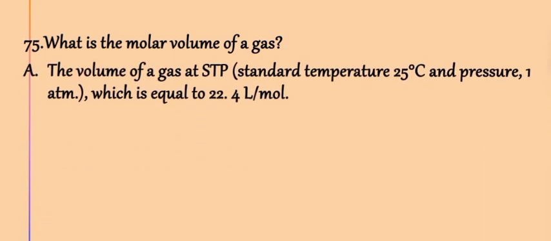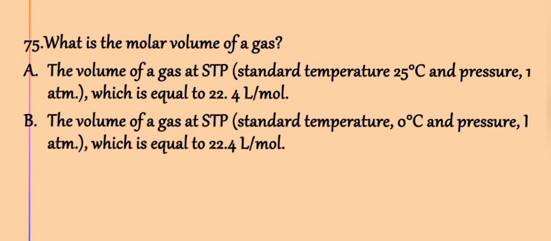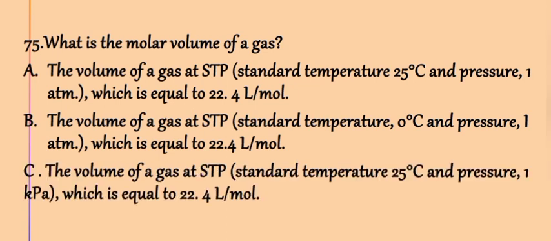What is the molar volume of gas? A, the volume of the gas at standard temperature and pressure at 25 degrees Celsius and pressure 1 atmosphere which is equal to 22.4 liter. B, the volume of the gas at standard temperature and pressure, temperature 0 degrees Celsius and pressure 1 atmosphere which is equal to 22.4 liter per mole. So the answer is B. C, the volume of a gas at standard temperature and pressure